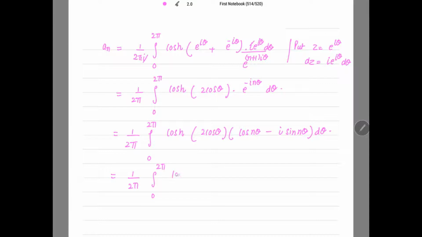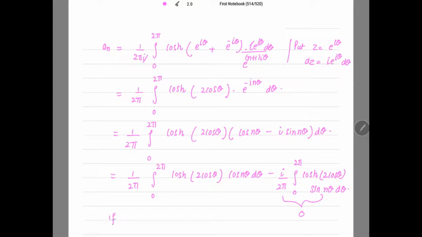So this is equal to cos hyperbolic (2 cos theta) cos of n theta d theta, minus iota over 2 pi integral 0 to 2 pi cos hyperbolic (2 cos theta) into sine of n theta d theta. I need to prove this second integral to be equal to 0. For that, I will be using the remark that